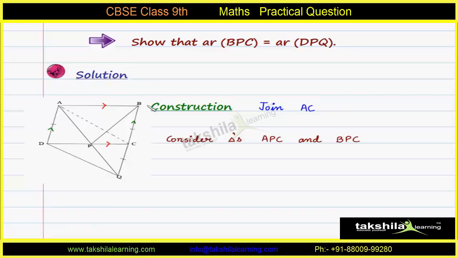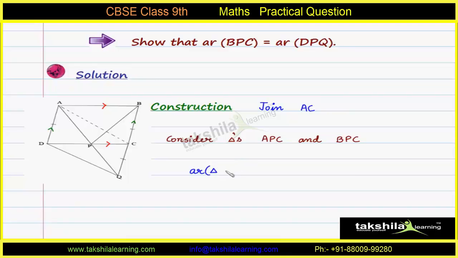We have already said that AB is parallel to DC and PC is a part of DC only. That is why we can say that AB is parallel to PC also. Now we can visualize that triangle APC and triangle BPC, these two triangles are on the same base PC and between the same parallels AB and PC. That is why, as discussed in our key point, we can say that areas of triangle APC and BPC are equal. So here we can write that area